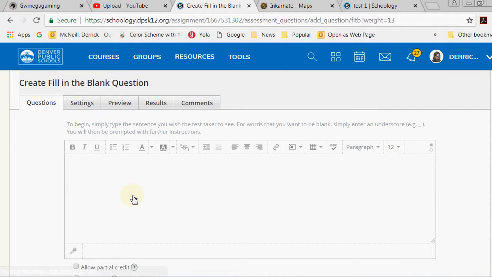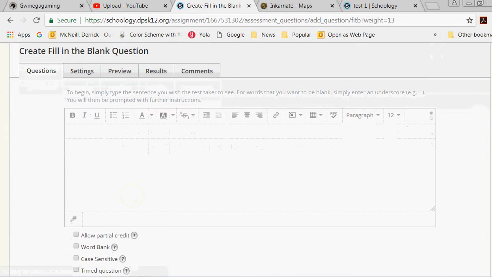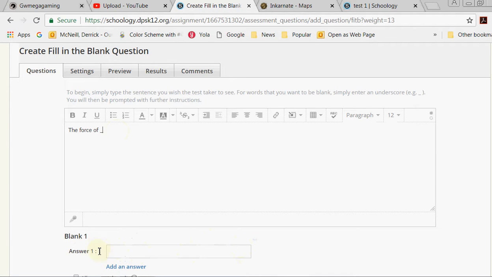So, moving down to filling in the blank, once again, we are given the exact same box that we've been through this entire process, a space for you to put your question. Now, there's a slight difference with filling in the blank with the other ones in that when I'm writing this, I'm going to talk about the force of gravity being the weakest of our forces, the force of, and now I'm going to place in an underscore. As you can see down below, a new blank came open that says answer 1. The force of gravity is the weakest